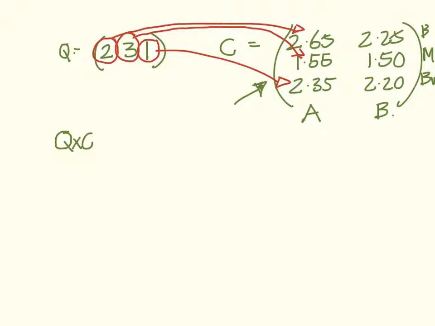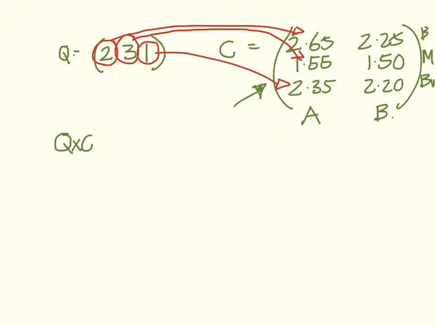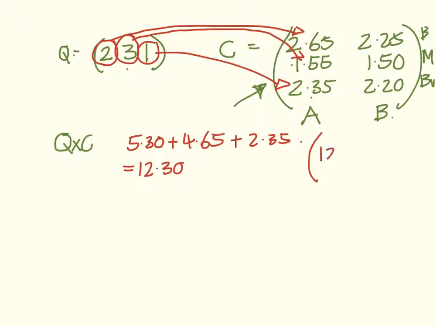So what I would do is 2 times 2.65 is equal to 5.30, plus 3 times 1.55 is equal to 4.65, and 1 times 2.35 is equal to 2.35. So that is a total of